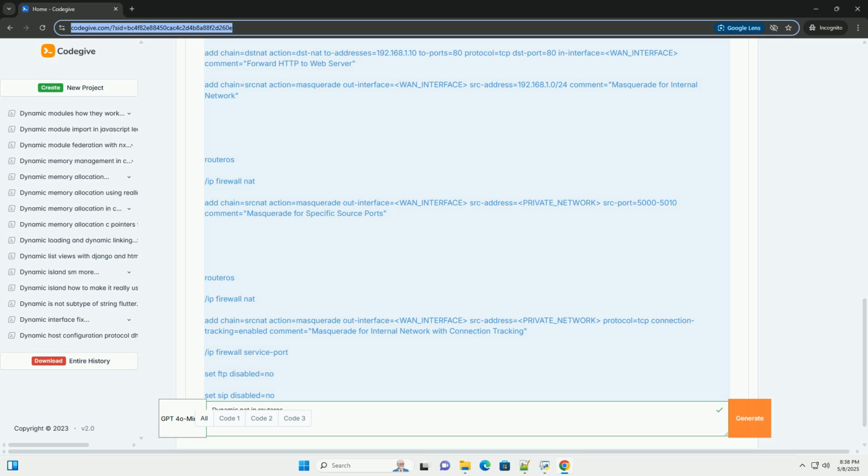out-interface=WAN_interface specifies the interface that the traffic must exit to be subject to masquerading. This is crucial. Replace WAN_interface with your actual WAN interface. src-address=private_network specifies the source address range that needs to be masqueraded. Replace private_network with your internal network address. For example, src-address=192.168.1.0/24. Example: if your WAN interface is ether1 and your private network is